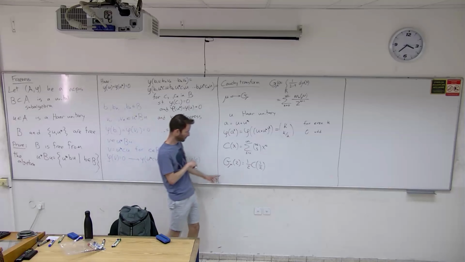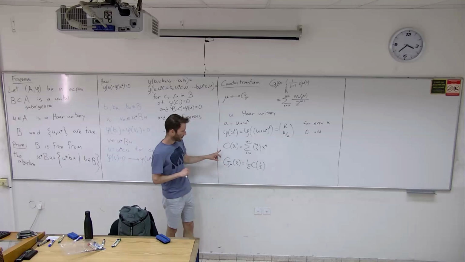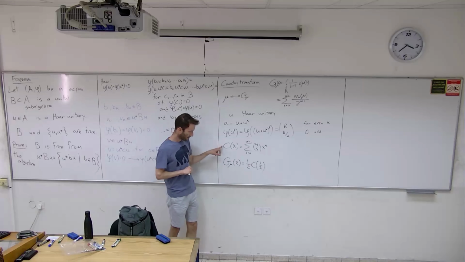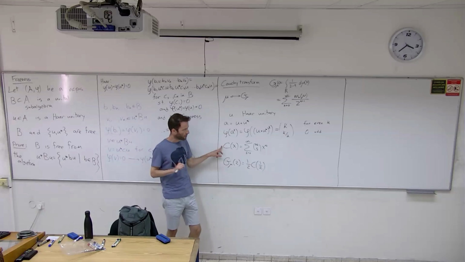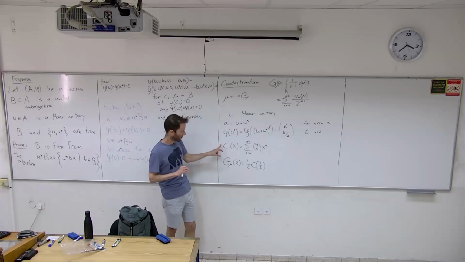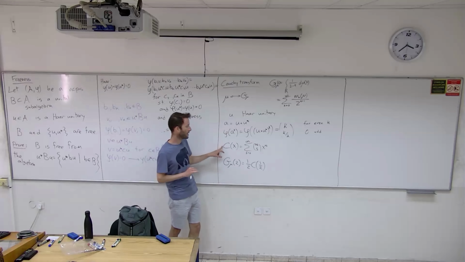And this one is a generating function the way we are used to it from combinatorics. Okay, so if I'm able to express this thing in a nicer way, then